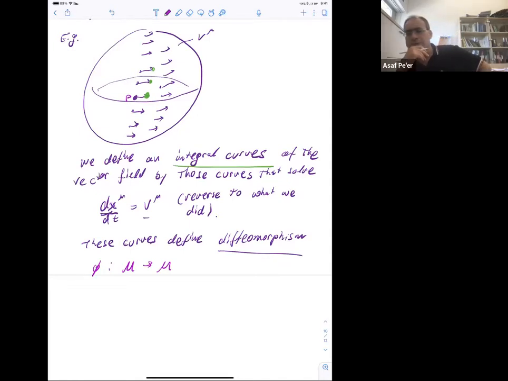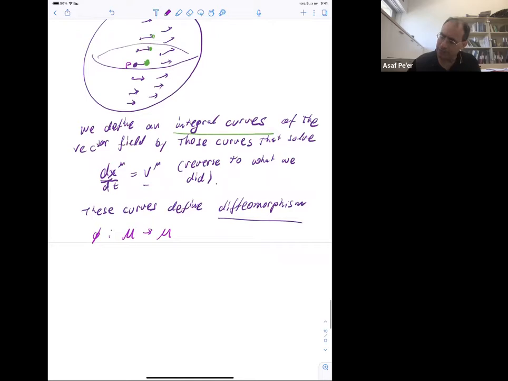Now, what we can do is to ask what happens to a tensor. How does a tensor change if I have a tensor at P and I let it travel down the manifold, down this integral curve? Now it's slightly different. There is a very subtle point here. It's different than what we did so far, because what I'm doing is a bit different. It's a new way of defining mapping, basically. What I do is I take the tensor. So what happens to a tensor